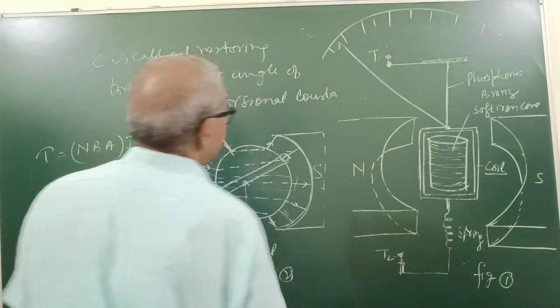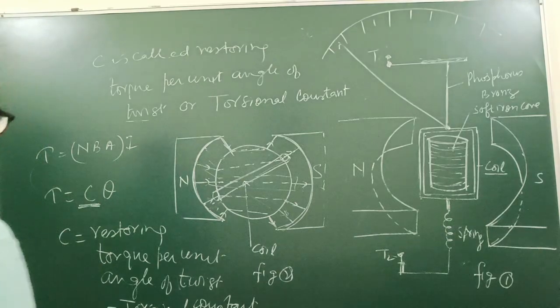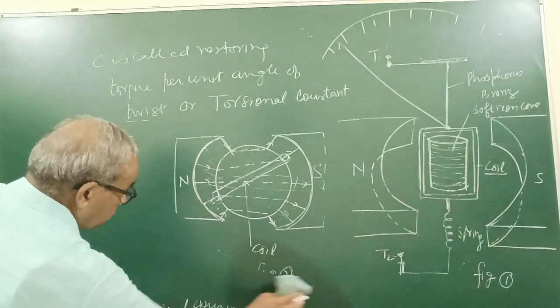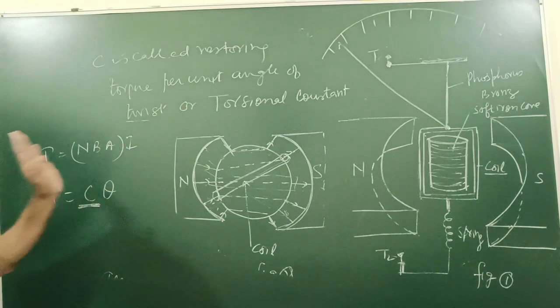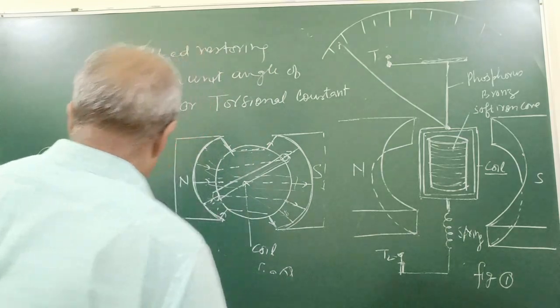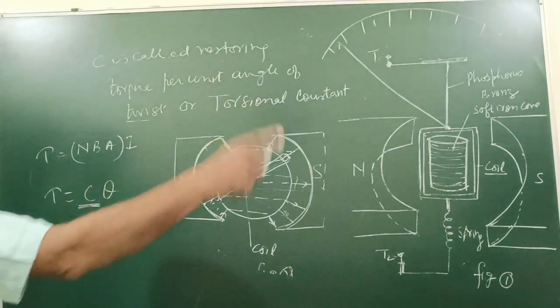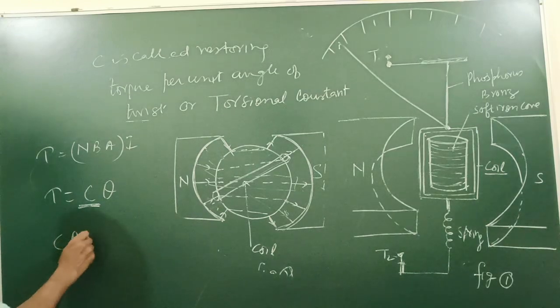Of the spring. So these two torques try to rotate the coil and produce a twist in the spring. When they balance each other, the rotation stops, and then we write C theta equal to